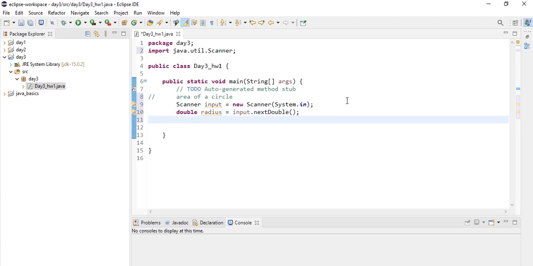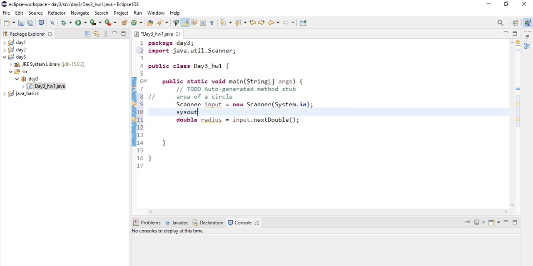And now before that, let's give a prompt here saying enter the radius of a circle.